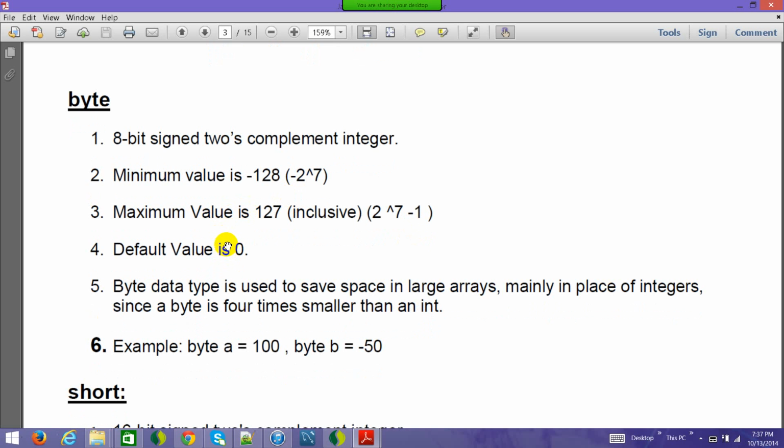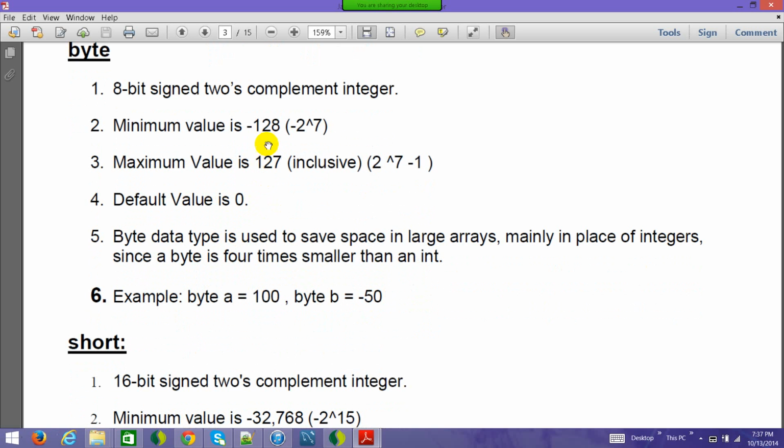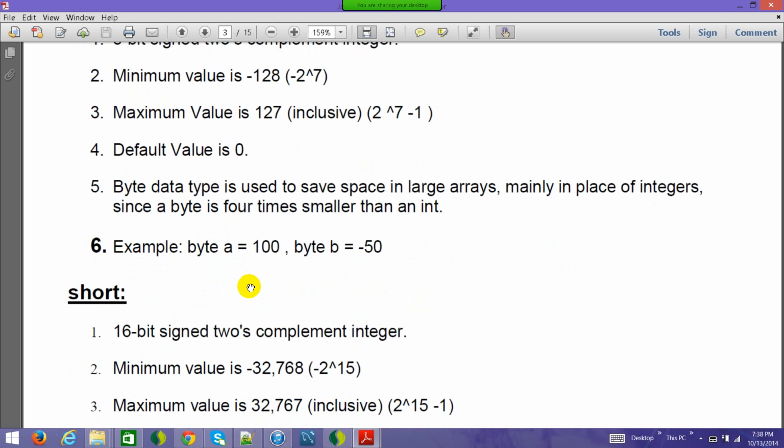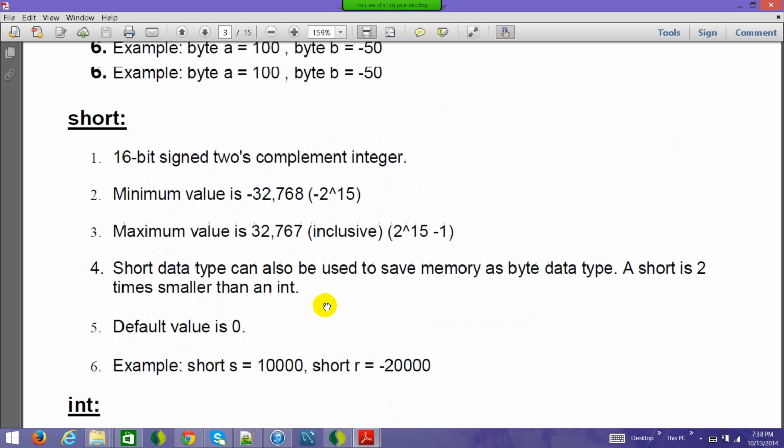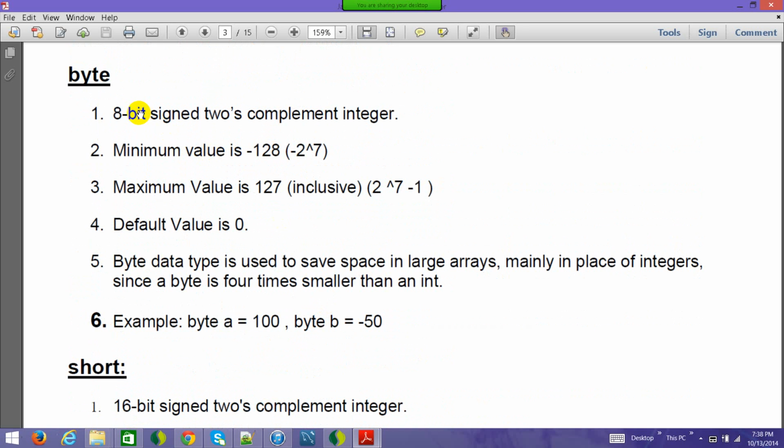Okay. And as I explained, byte is very small. So byte is 8 bits, short is 16 bits, int is 32 bits. So normally we use int unless we have some serious memory constraints. Okay. And here if you see, it's 8 bits. So if you have large arrays and you only have to store the data and not actually do some number operations on it, it's just data which has to be saved in some place, or to be transmitted to some other location, byte is the best bet because it is smaller, and that's why it has a smaller memory footprint.